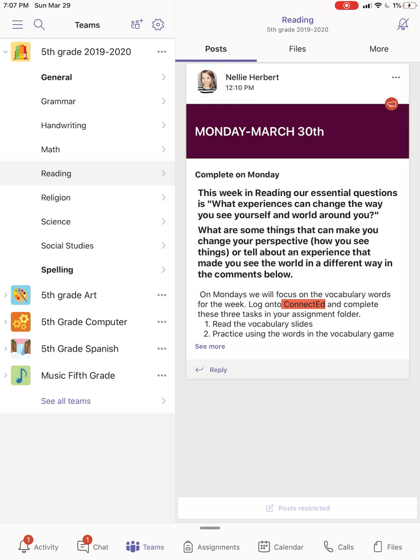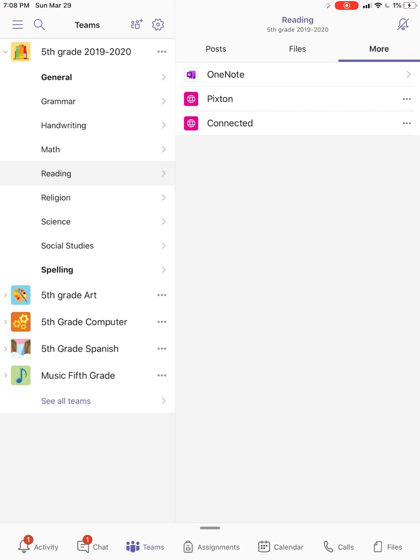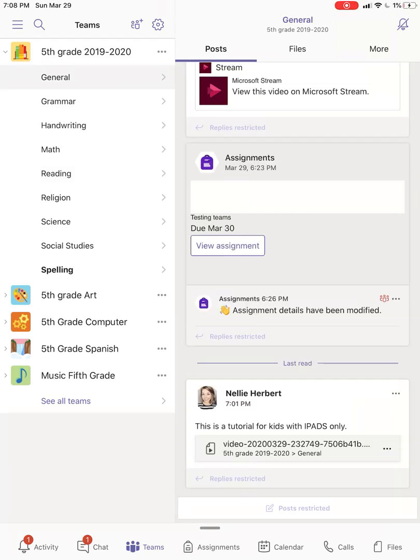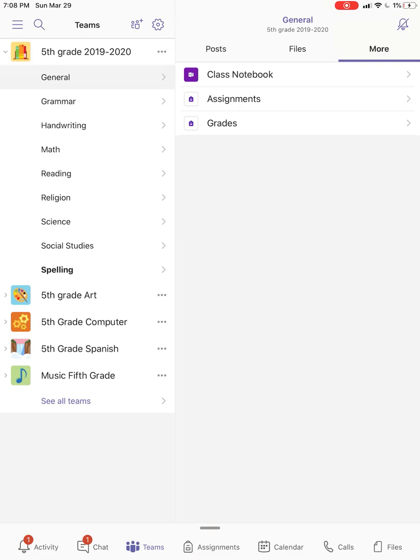So check each one of those. Again, all of those will have menu options at the top. So in reading right now, you see post, files, and more. If you click on more, you will see other options that have been pinned for you to go in and take a look at. If you ever see a video that you need to watch and it asks you to log in, you may have to log in using, again, your student username and password that was shared with you last week. Okay? I'm going to go back to general, and if you look here, more, she has assignments and